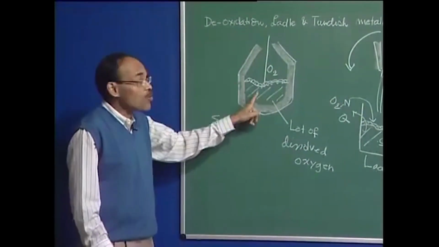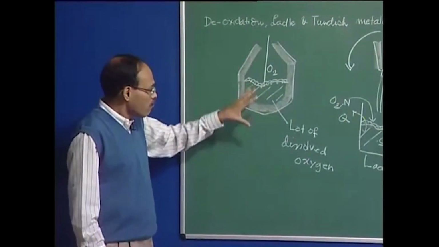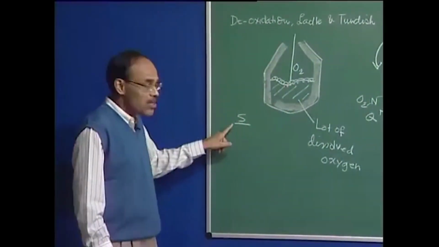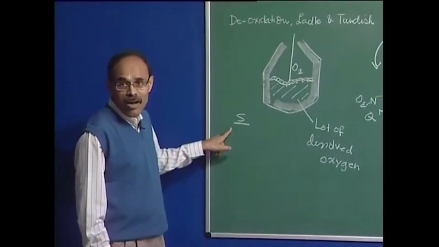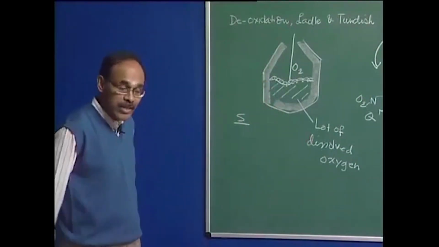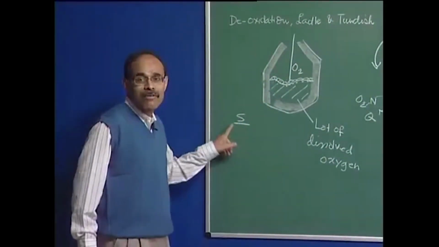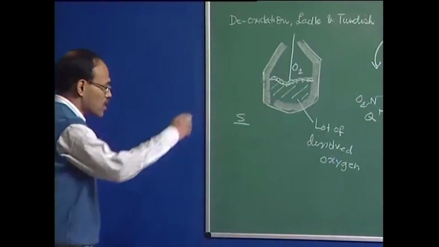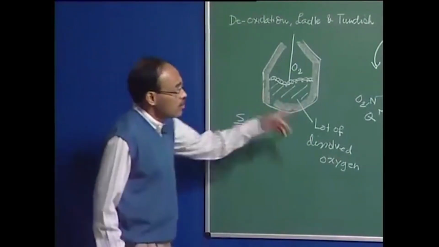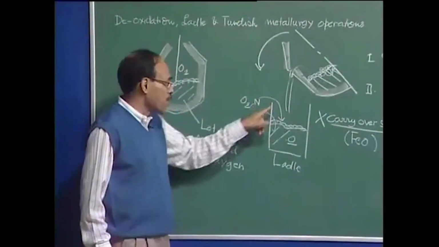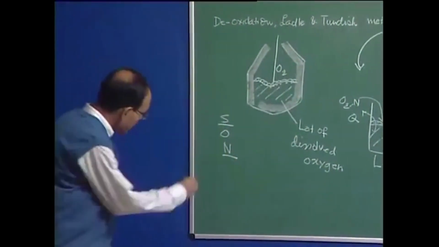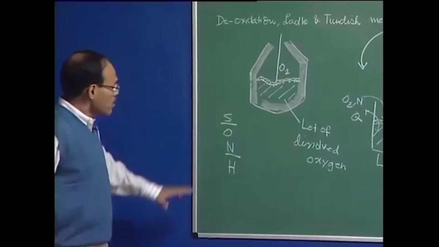is going to be there, because the conditions in the basic steel making furnace or BOF are not conducive for the removal of sulfur, because removal of sulfur requires a basic and reducing environment, and that's why in primary steel making, which is an oxidizing process, sulfur removal is not facilitated. We have to carry out sulfur removal under a reducing condition, as we will see later on. So we can have a lot of dissolved oxygen also, and maybe because of the transfer of nitrogen, the material which comes may have a lot of dissolved nitrogen and hydrogen also, and all these things